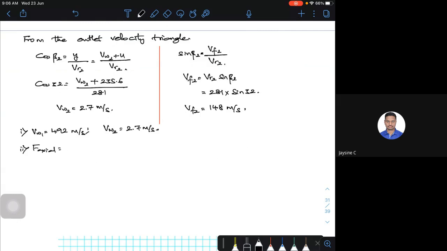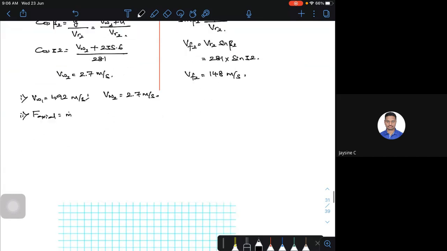I told you when I was discussing the energy equation or Euler equation, always in your flow direction, whether a radial force or axial force will be acting. Now this is an axial flow machine, so the axial force will be in the axial flow direction. So m dot into Vf1 minus Vf2, the difference of the flow velocities, that is 6 into 179 minus Vf2, which is 148. I'm getting around 181 newtons. So this is the axial force.